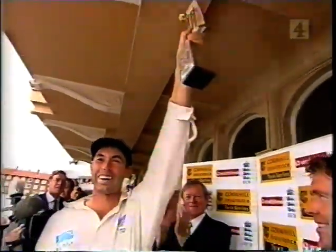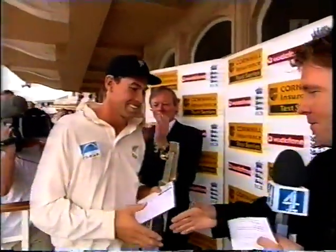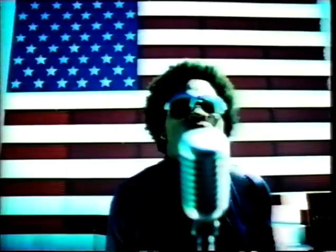After play, I chatted with him and Nasser Hussain. Let's start in the winner's circle with the happy captain. Stephen Fleming, the best day of your career? Yeah, easily. I think when you take over the